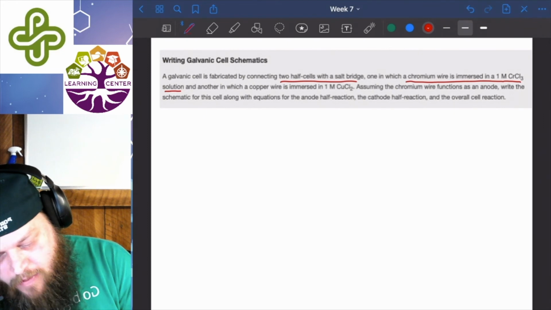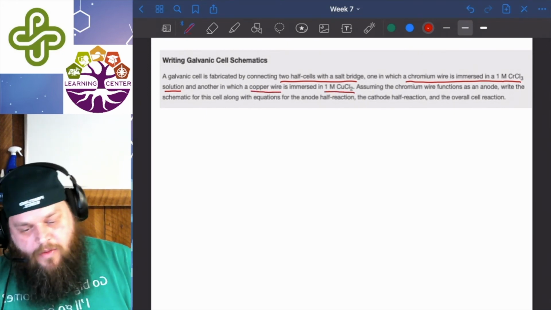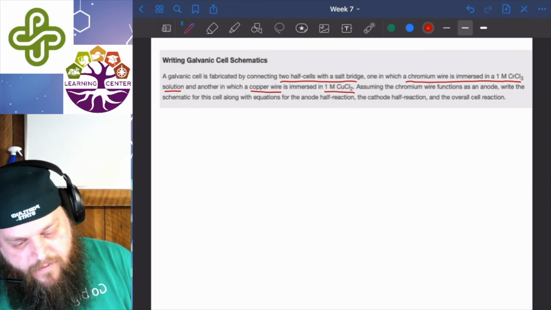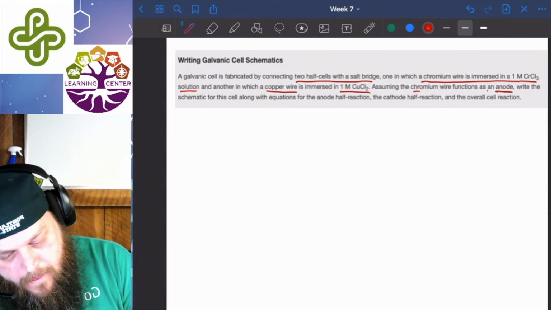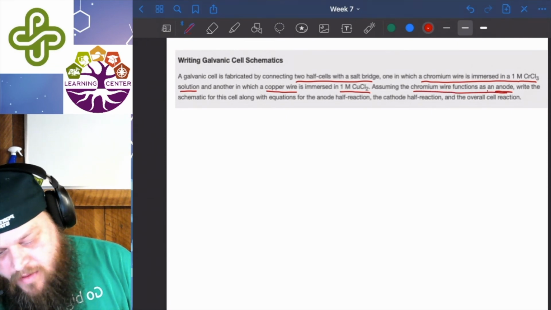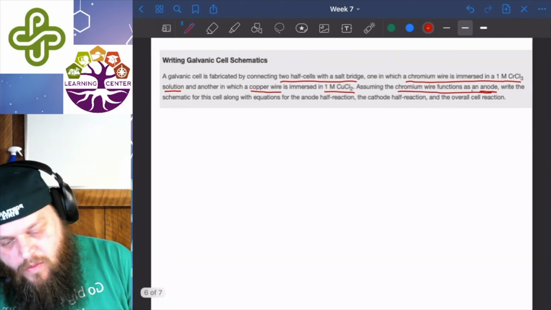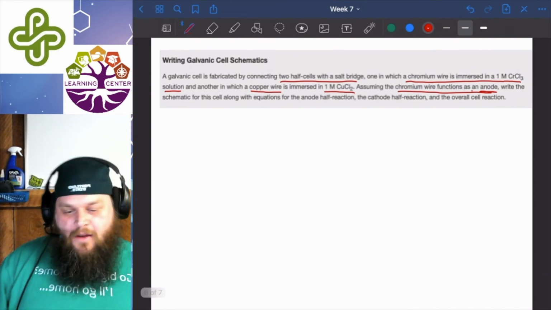Another with a copper wire immersed in CuCl2. Assuming the chromium wire functions as an anode,